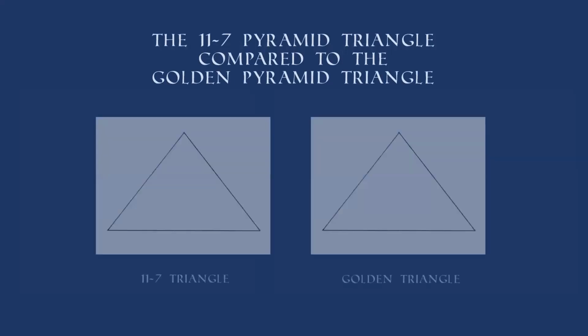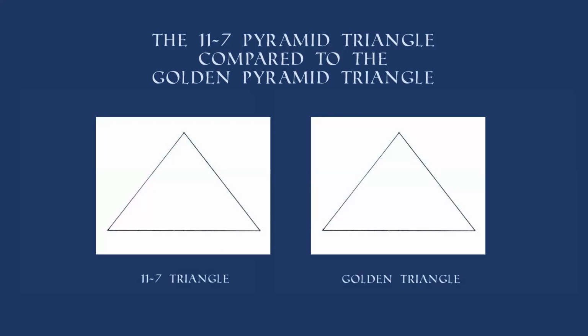Now I'm going to show you how exceedingly similar these two triangles are. I've actually used the same picture here for the two triangles because at this scale, they are basically the same size. They're probably about 1/10 of a millimeter, if I was going to use metric measure, different to one another. They're virtually identical. So the one on the left we'll say is the base of 11 and height of 7. And this one we'll say is base of 2, and that's 1.618. So this is the golden ratio pyramid triangle. Now, if we say they've both got a base of 2, then the height of the triangle on the left would be